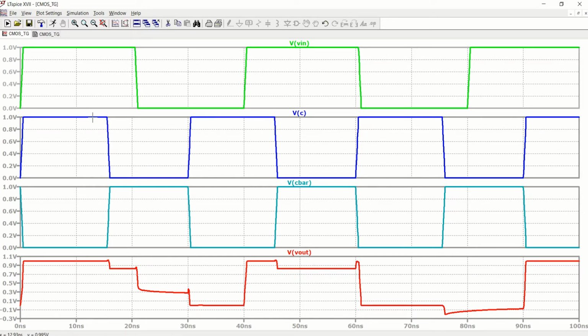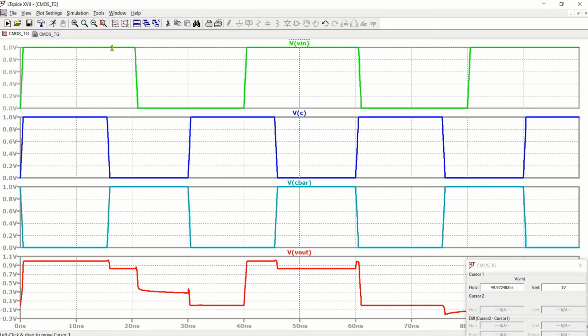You can observe that up to this point, whenever the control signal is high, it is passing only this amount of signal. The remaining signal, from this point to this point, is not passing. You can clearly see this.